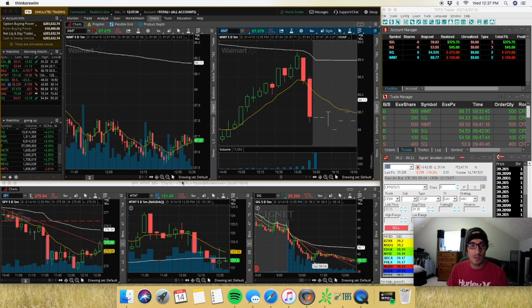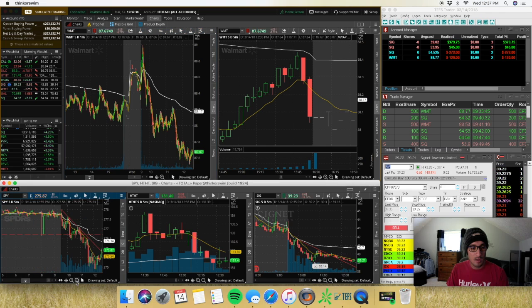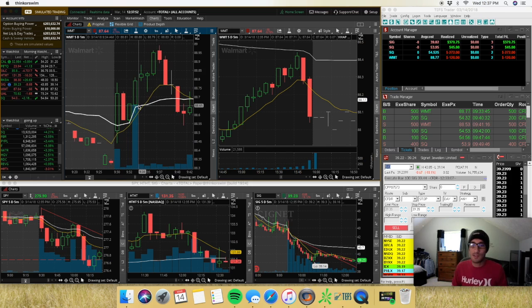WMT was the first trade this morning. I'll put up the SPY down here on the bottom left. It was gapping up. It had some news about opening up a bunch of stores or online shipment or something like that. So I took basically an opening range breakout on a 1-minute chart, which I've been noticing has not